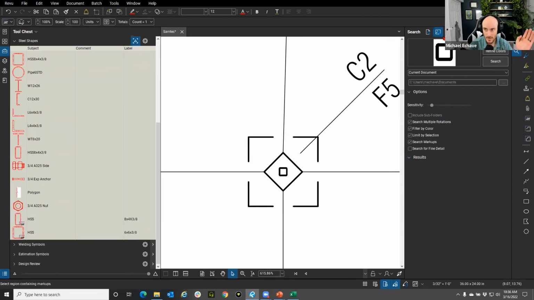I'm telling Revu to search for every single thing that looks exactly like this on my PDF set, just a current document or current page. I'm going to do current page. I don't want to have it look everywhere. You could do current document. It could be a closed file. The sensitivity below is going to determine the amount of what's around it by